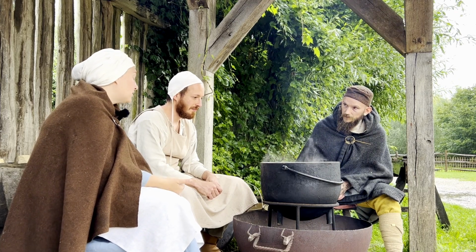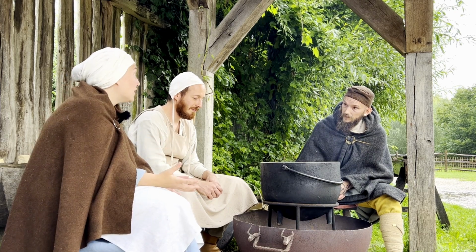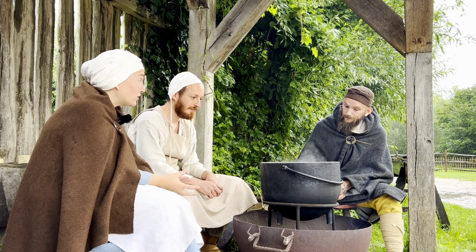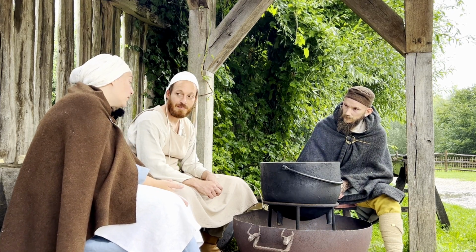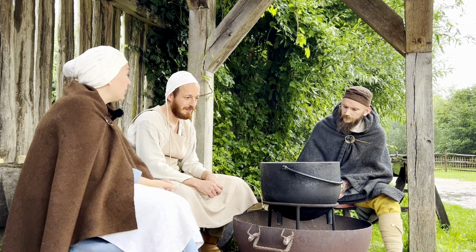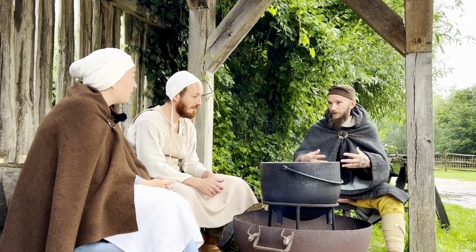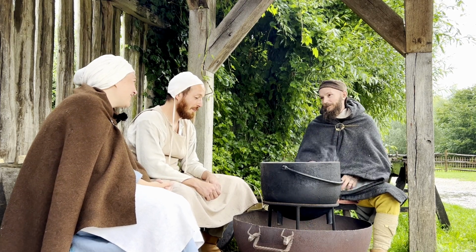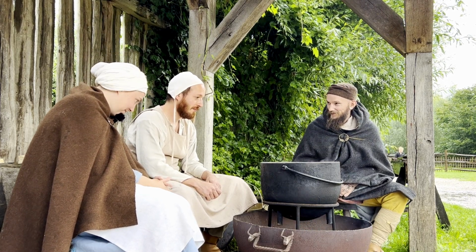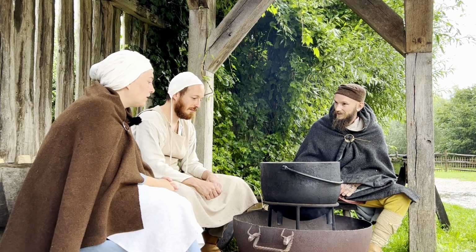It takes a day of brewing where, of course, you can do some other household chores, but it does take a lot of time and work. So they would cooperate with several families to do it. And of course you've got to think of the fuel as well. If you've got a fire going all day, like we buy firewood now, but they would have had to go and fell trees and season wood. Well, they did it on turf,